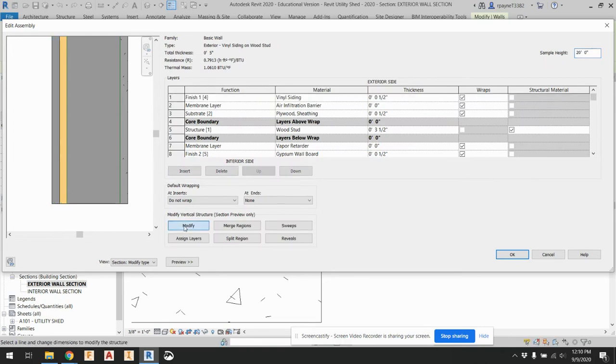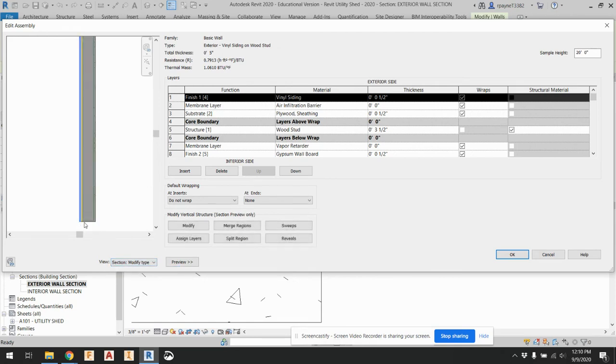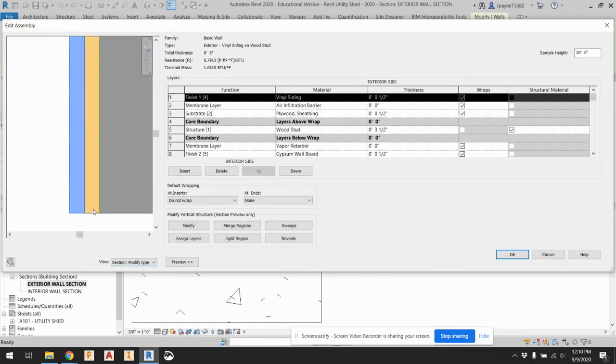You have to click on the modify button right here. You're not going to see this active if you're in the floor plan. See how that grays out? So you want to make sure you're in section, modify type attributes. And zoom at the bottom and really zoom in, make sure you can see the plywood and the